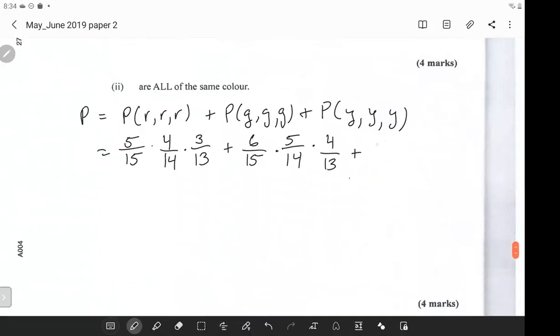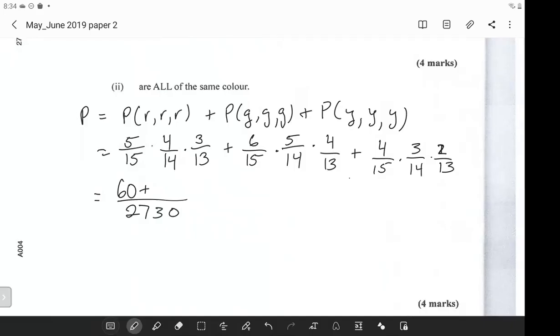So we have 4 yellows. So we have 4/15 times 3/14 times 2/13. And we know that 15 times 14 times 13 is all, that's 2730. So 5 times 4 times 3, that is 60, plus, right, because 5 4s are 20, 2 3s are 60. 6 5s are 30, that's 120 here,